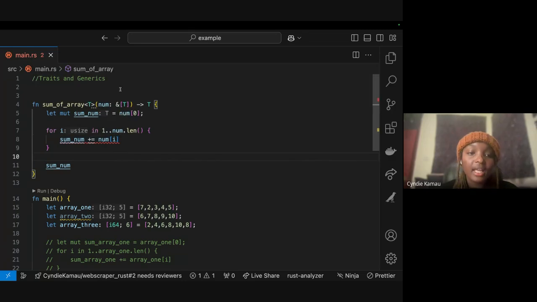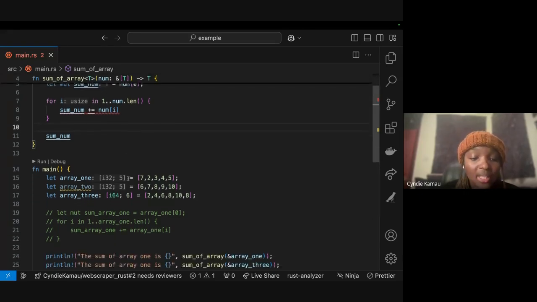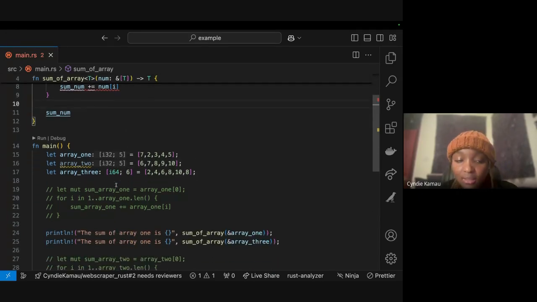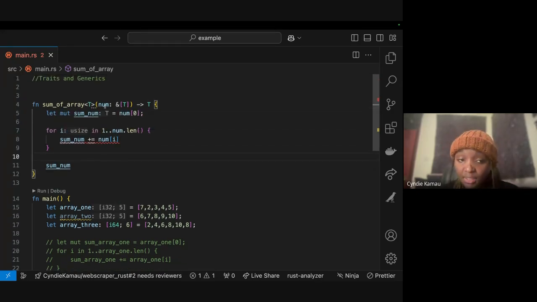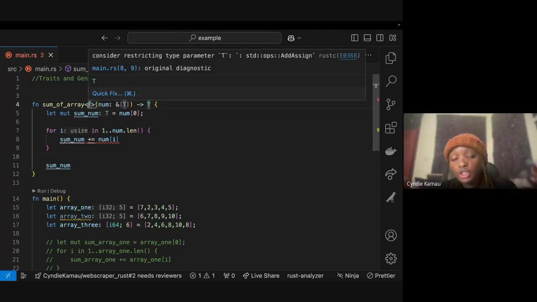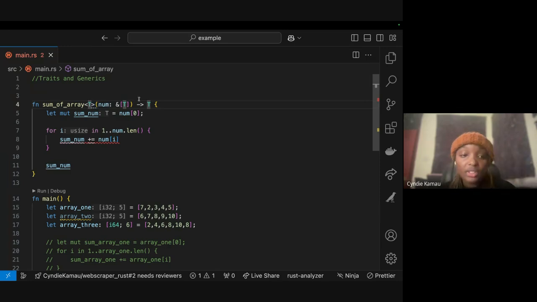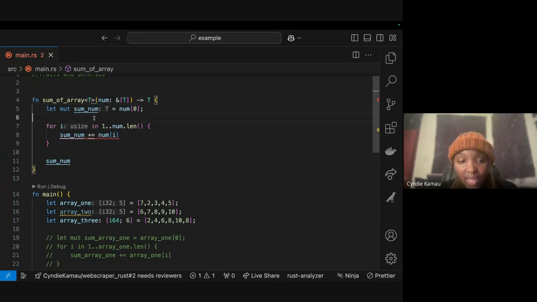Let me first explain. So when you check it like this, you see that we have made this function to become generic. So it means whether you have any type here, whether it is I64, I32, any type that you have, it's going to accept it. Because we've put it to be general, we have not bound this function to any sort of type that we want, right? So now we have this. So why is it not working?